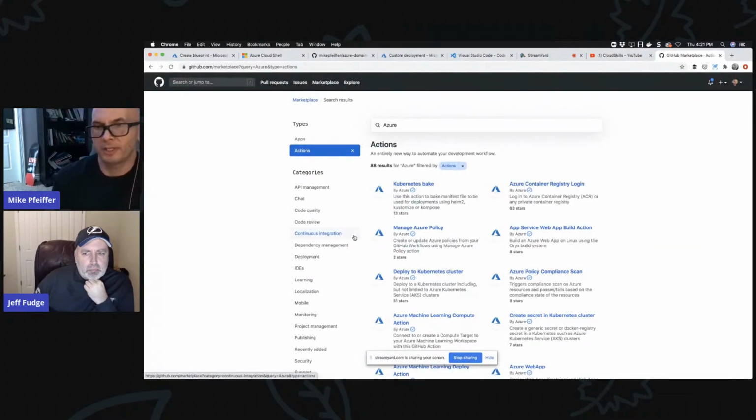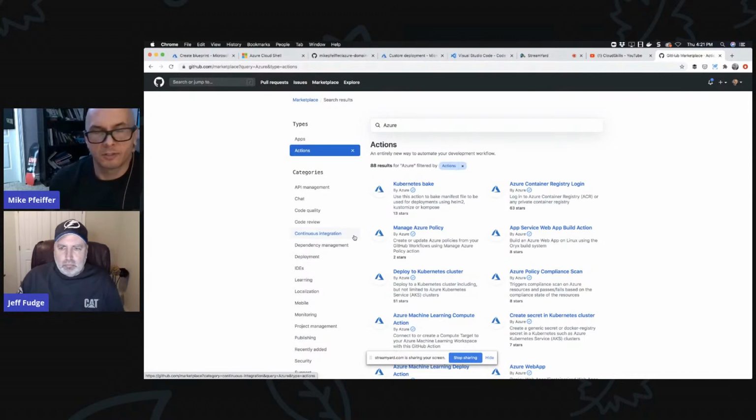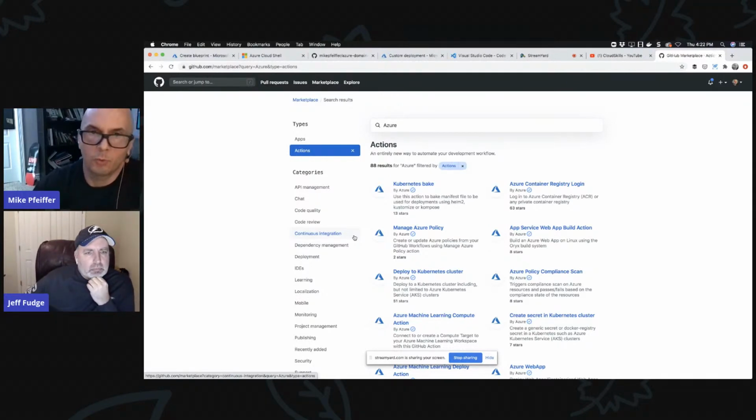And so for anybody that hasn't really dealt with actions, it's kind of like the new Azure pipelines, right? So in Azure DevOps, Microsoft has their pipeline service, and a lot of that same functionality is showing up over here in GitHub Actions. So what you do with GitHub Actions is you write a workflow file in YAML, and it basically just lays out all the steps of what happens when you commit your code, and should we deploy a template? If so, where is it in the repository? Stuff like that.